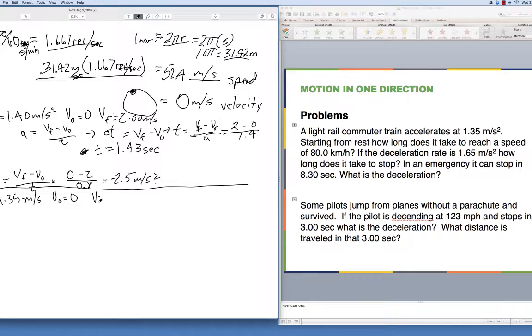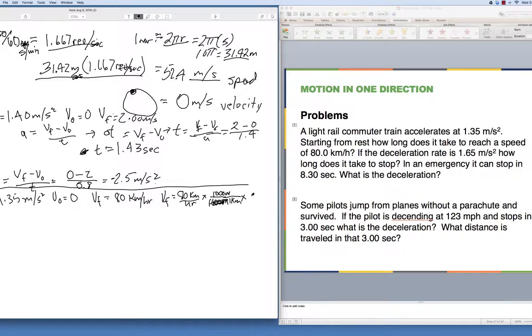So VF is 80 kilometers per hour. Now for me to work this, I'm going to change this number to meters per second, because our acceleration over here is in meters per second squared. Okay, so how do we do that? Well, first we multiply. There are 1,000 meters in 1 kilometer,